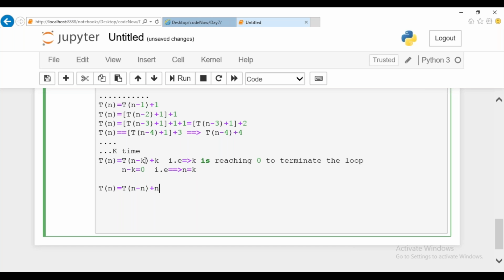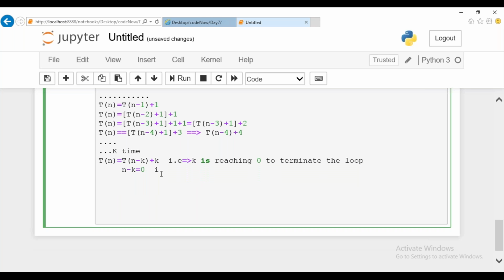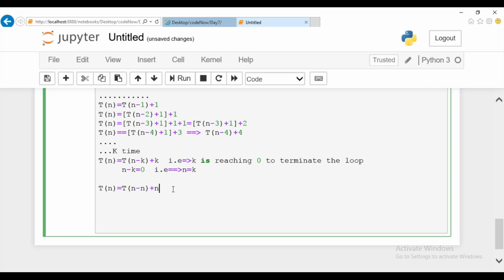Just substituting n in place of k. So by using this equation, I can substitute n in place of k. So now what happens? If you are deriving this equation, what is going to be the output?